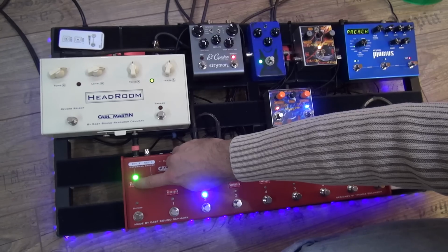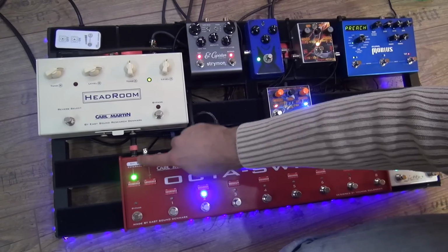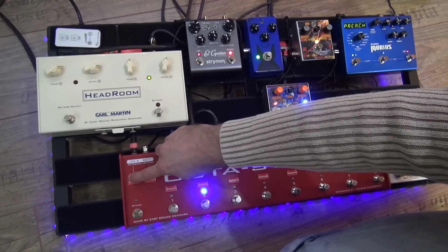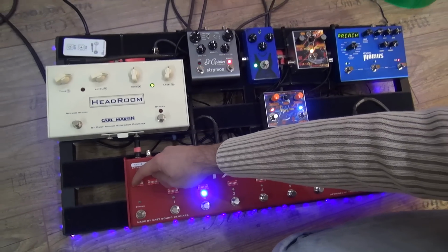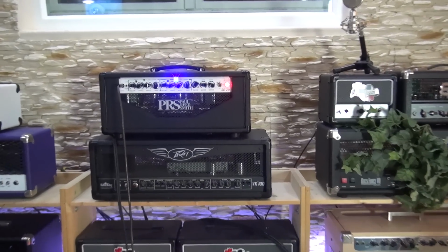So dip switch number 2 is up, which means on preset number 2 this is active. And if I switch this, look up there, look up on the PRS amp. Right now it's on blue, which we want. But if I put dip switch number 2 down,